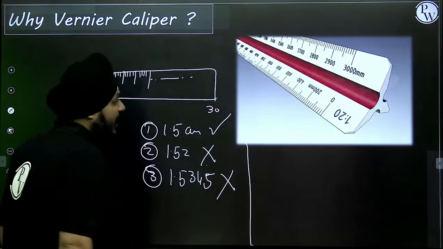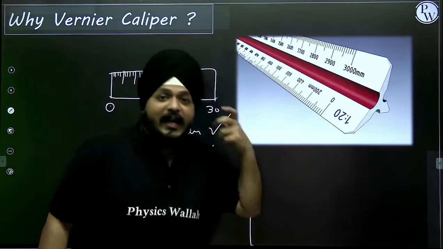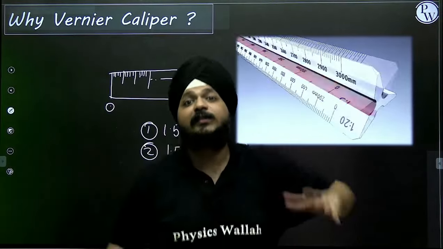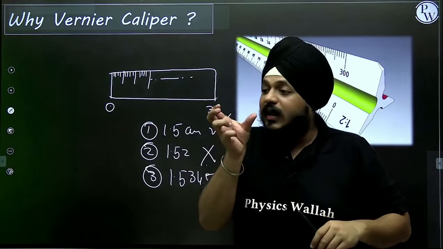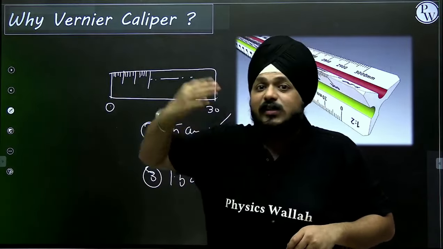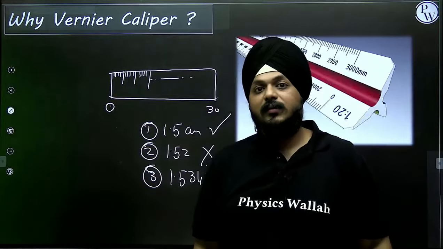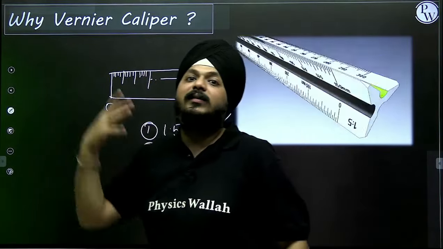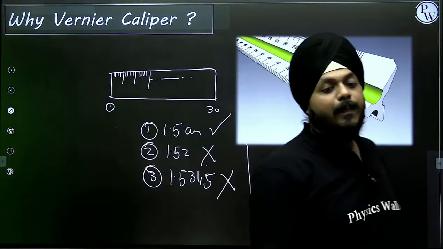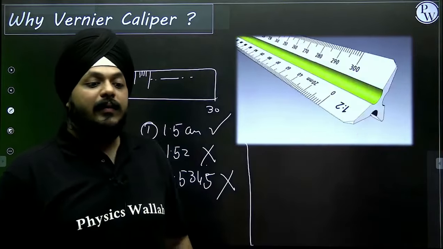Generally, the Vernier Calliper and Micrometer Screw gauge are able to measure up to 2, 3, 4, 5 decimal places. But what happens as the number of decimal places increases? We are less confident about the digits coming out, and the number of significant figures decreases. We are less confident about that.